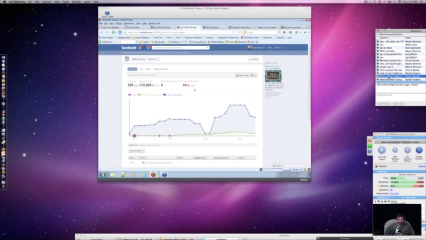Here in the insights, here's the overview. My reach is down 1.82% over the past week. Nobody's been talking about this page, but it makes sense. The last time I did anything was on the 14th or 15th. I did 4 posts on the 14th, 1 post on the 19th, and 1 on the 21st. But even without adding any more posts,